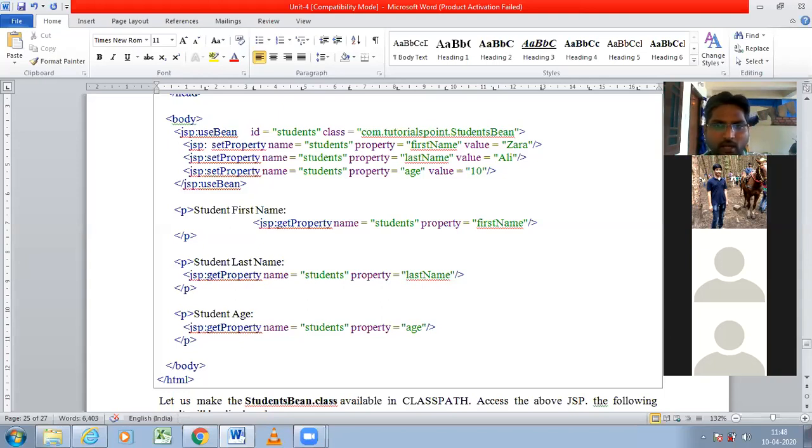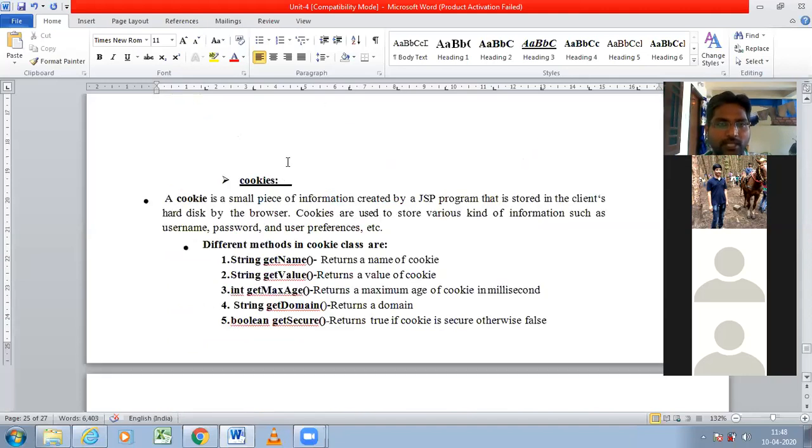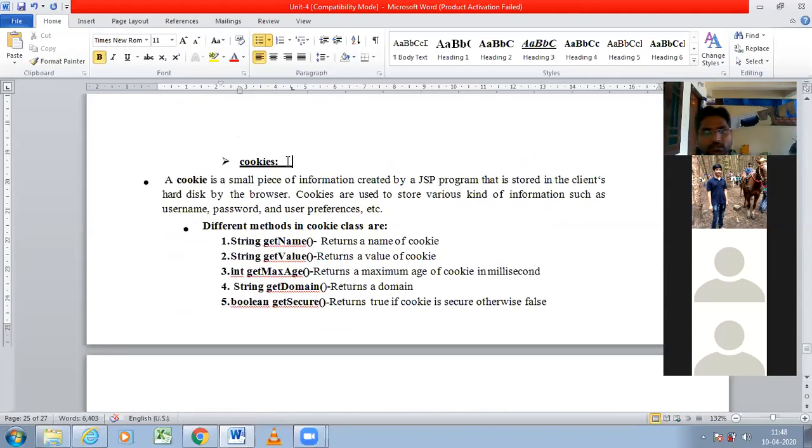Then coming to another simple concept here, cookies. Cookies you already know, right? In order to store the user's information at the client side, we will be using cookies. In order to write the program of cookies, you are using some methods. So we are having different